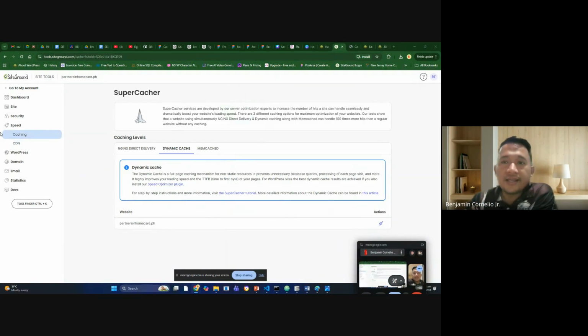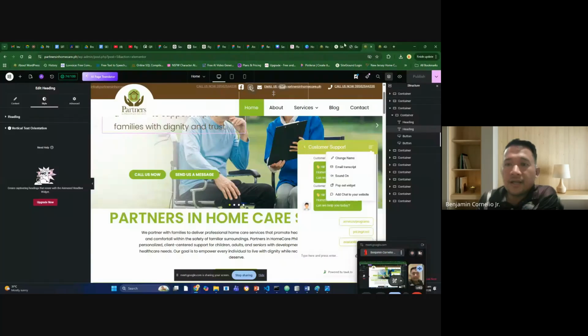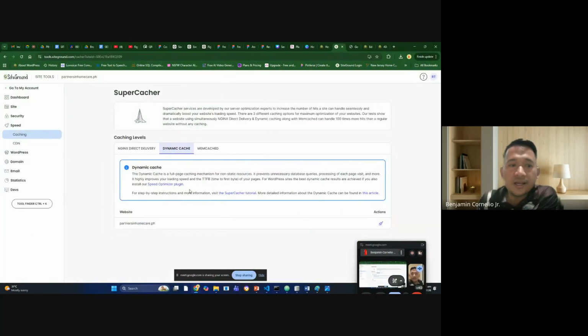Sometimes it takes time to load your website, and in order to optimize those things and make sure that it will take effect immediately, most of the hosting will have this option. So that once you're done with the editing and changes with your layout, you can use this to clear the cache in CDN